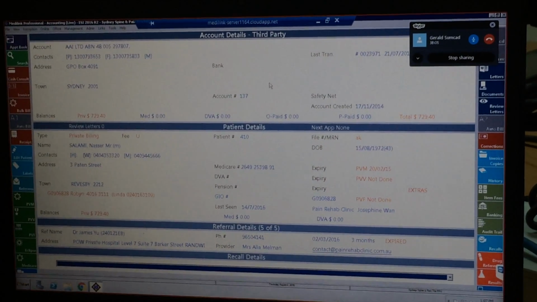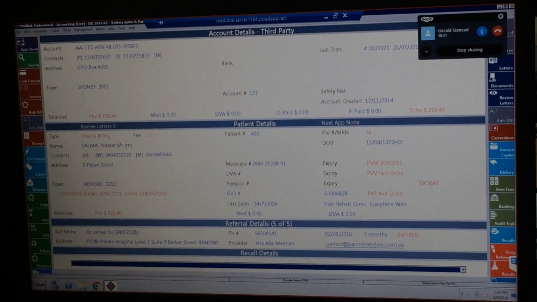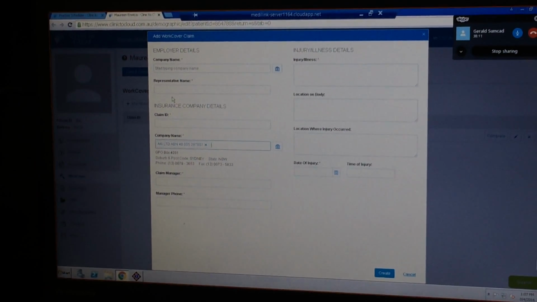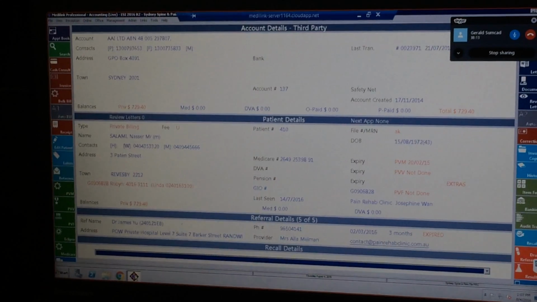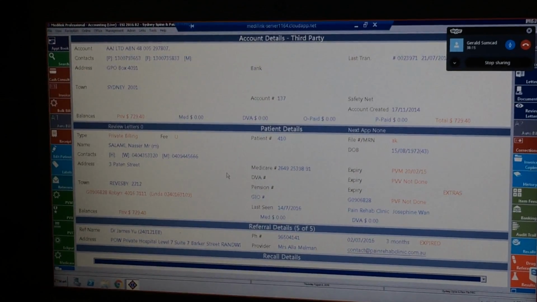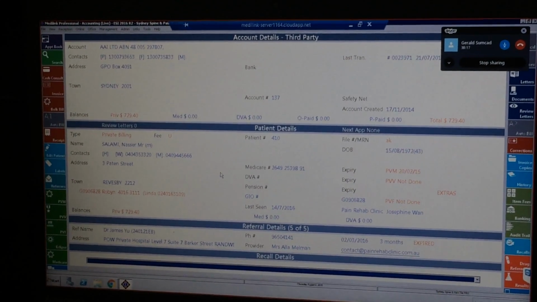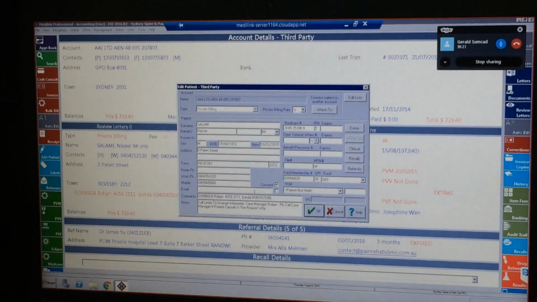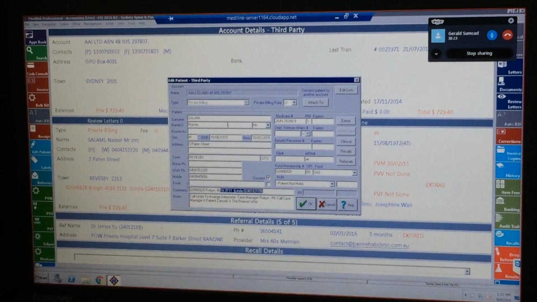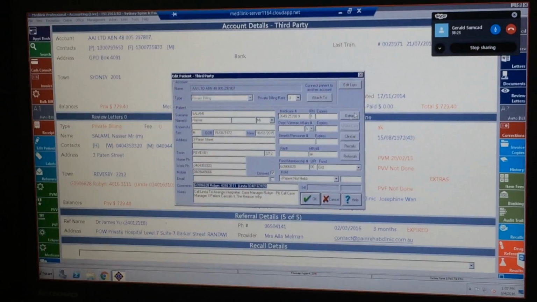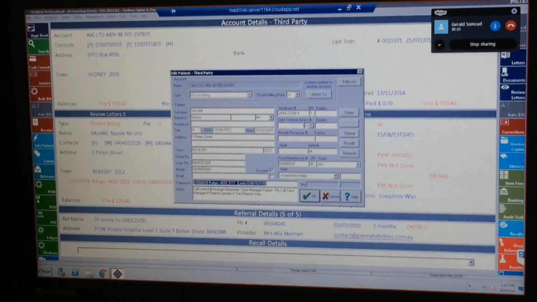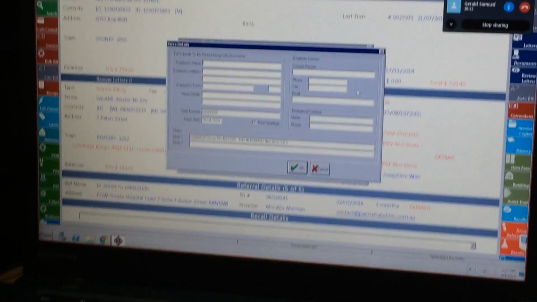When it says account details third party, we go into C2C, we create the work comp claim, and to fill out the rest of the information, what we need to do, we go into patient details. So we double click on patient details again, and we use the comments section and the extras section to fill out the details. So in the comments,